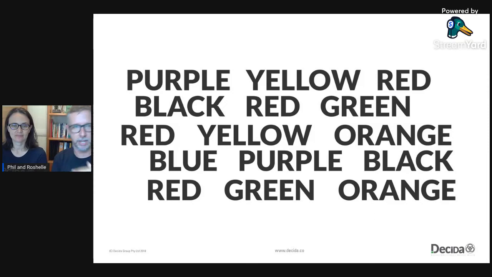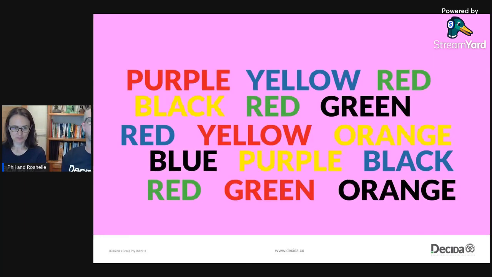So orange, green, red, etc. as fast as you can, starting from orange. 3, 2, 1, go. Orange, green, red, black, purple, blue, orange, yellow, red, green, red, black, red, yellow, purple. Yeah, a little bit harder, particularly when you get to the last part, your brain's going, okay, I'm a bit over this. All right, so last thing.